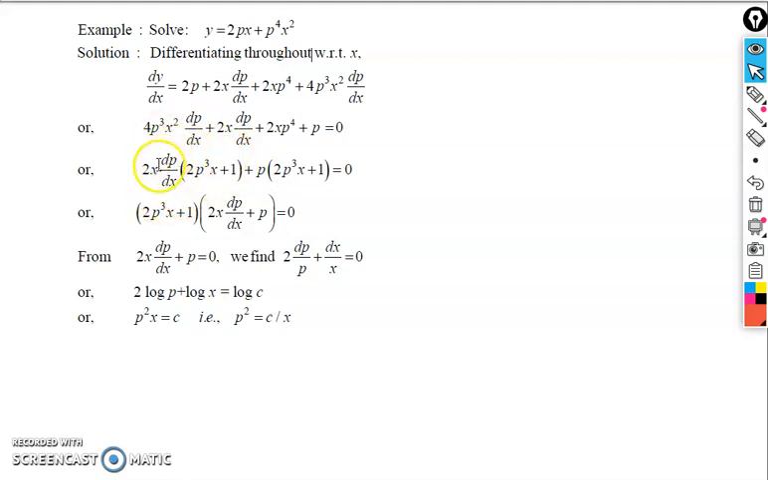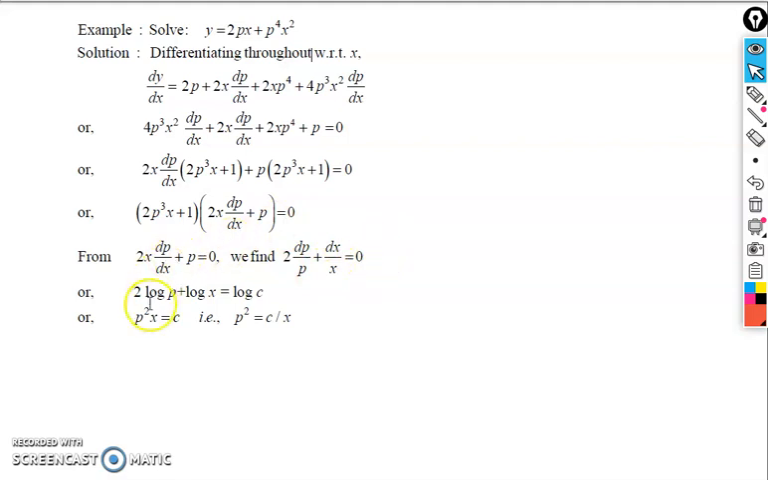We take dp/dx common, as well as any quantity that may be common. In that particular case the common term is 2x, and the remaining part is the other factor. Here we can observe that 2p cubed x plus 1 is a common factor, and this one is the other factor. When we set this one equal to 0, we can solve this problem with dp by p and